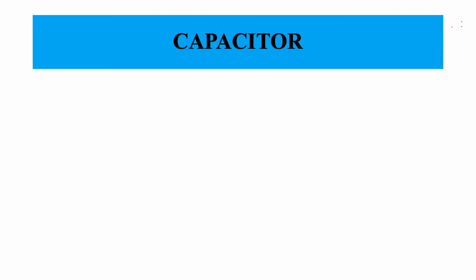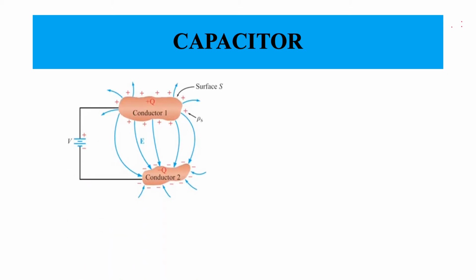The point about capacitors is that although we are used to thinking that capacitors are some sort of parallel plate or different kind of capacitor, capacitance is simply a geometry function, in the sense that the geometry of arrangement of conductors determines the capacitance. Okay, so in fact the capacitance of a capacitor is nothing but the geometric arrangement. So different geometric arrangements can give you different capacitance values. So we will start with two arbitrary conducting bodies.